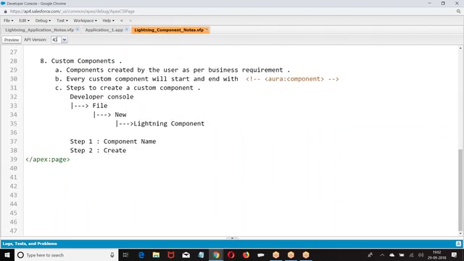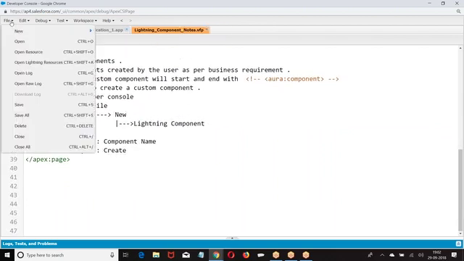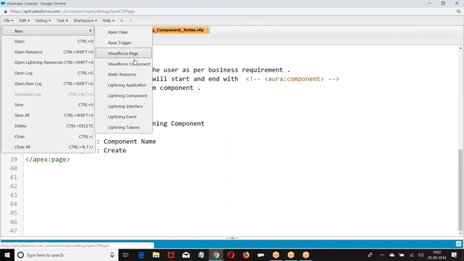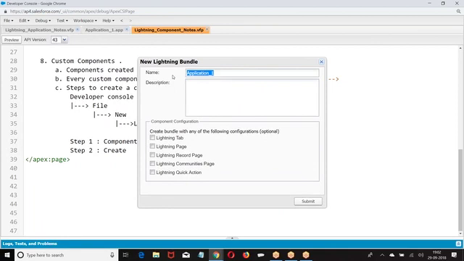At the time of creating a component, file, new Lightning component. First component.